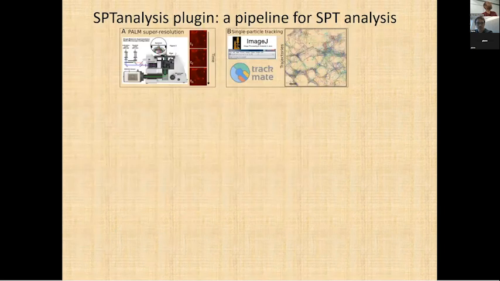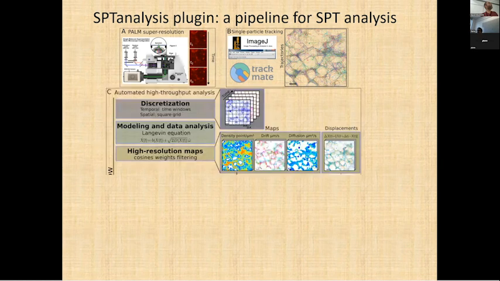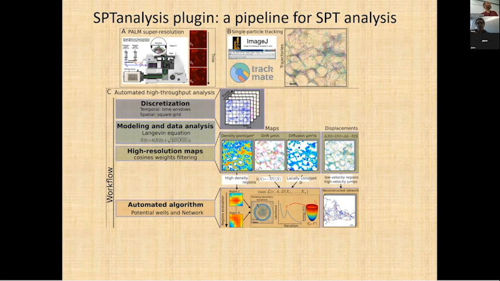You start collecting your data. You use any single particle tracking algorithm that will link the points to get the trajectories. And then we start. You can take your image, you can discretize the environment, and explain the underlying biophysical model. And from this ensemble of trajectories, you create the density map, the drift map, the diffusion map, the displacement. And automatically, I'll explain how from this you can detect the regions of high density and